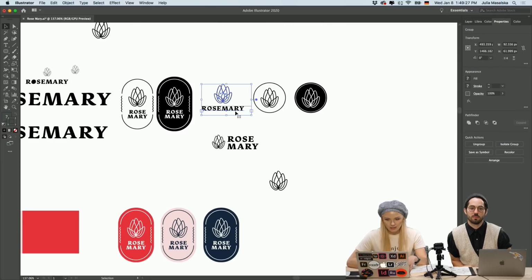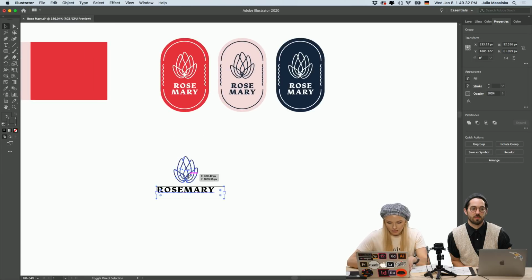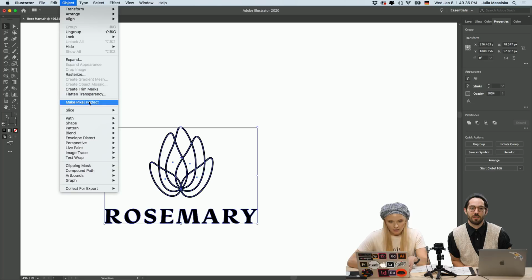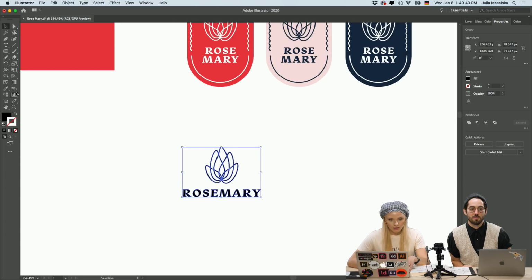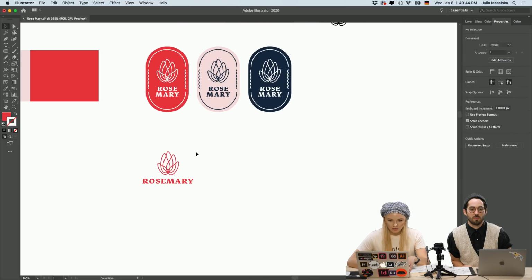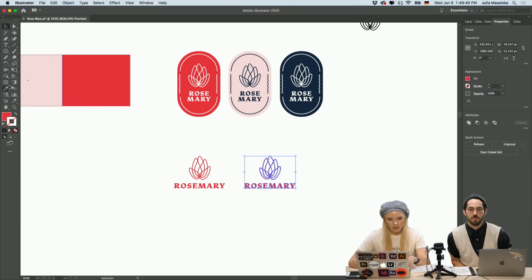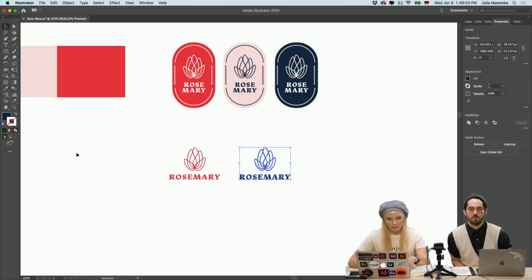That will be this guy here. Move it down. Outline. Make sure everything's outlined. Outline stroke. And then we can do the colors again. And I also like to put the colors on different background colors.